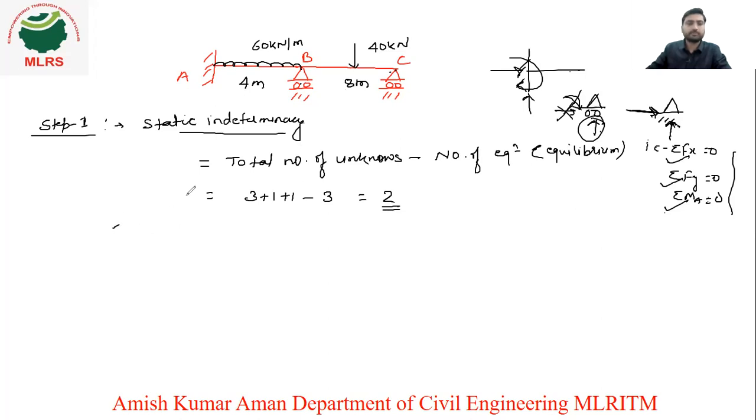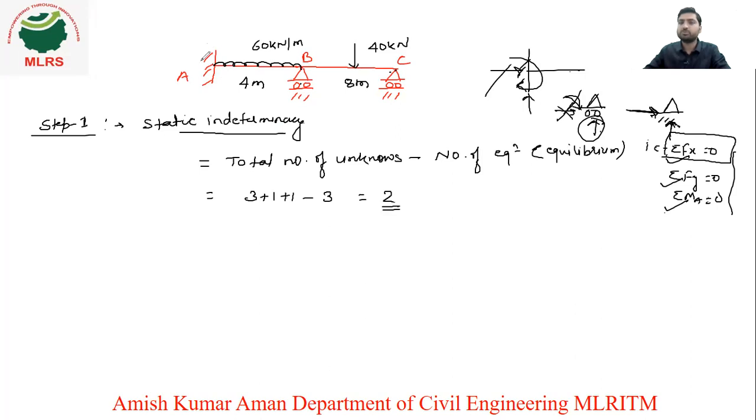We are done with step number 1. Now, after neglecting the axial deformation, right? Because this is a beam, we can neglect the axial deformation, which means we neglect the axial forces and we will not use that equation also. So here there is no axial deformation, meaning there is no reaction in the x direction. Here also there is no reaction in the x direction, only one reaction is there at the fixed support.